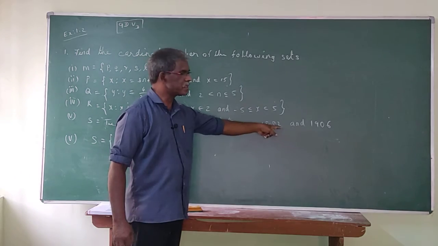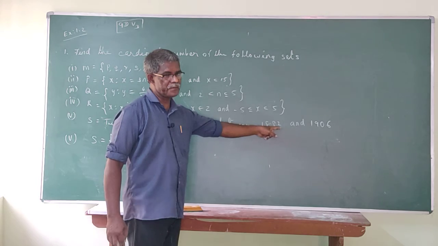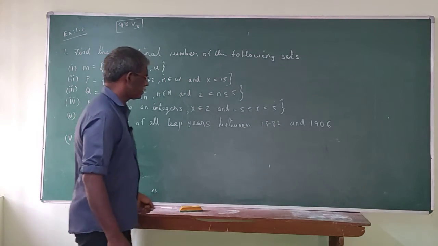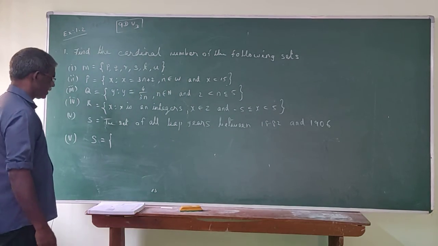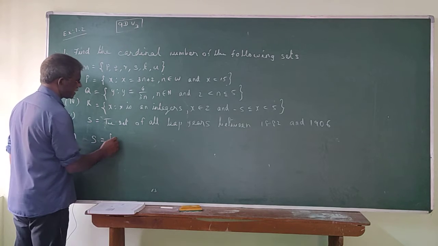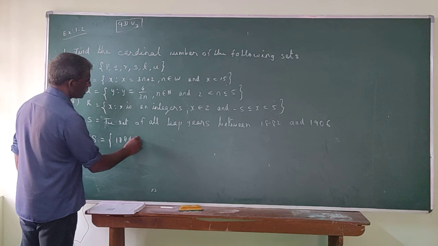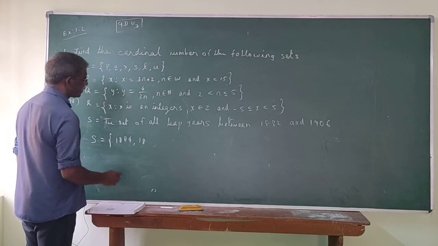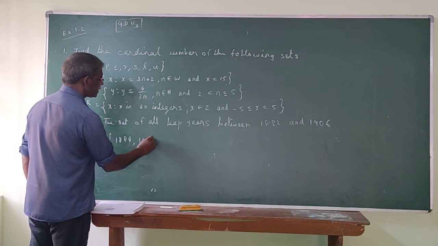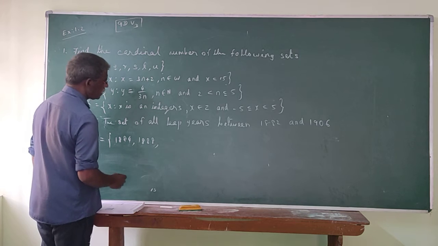So 84 is divisible by 4. The leap years start from 1884. So 1884, then 1888,